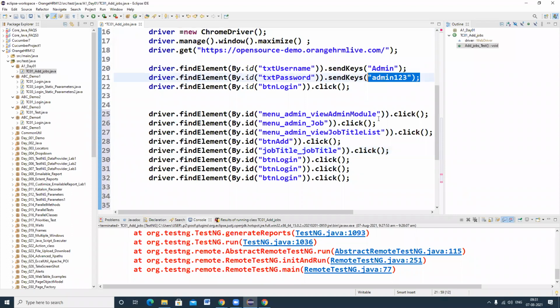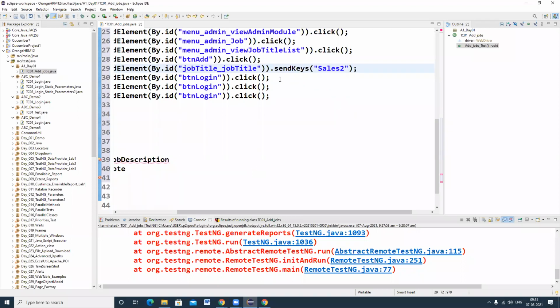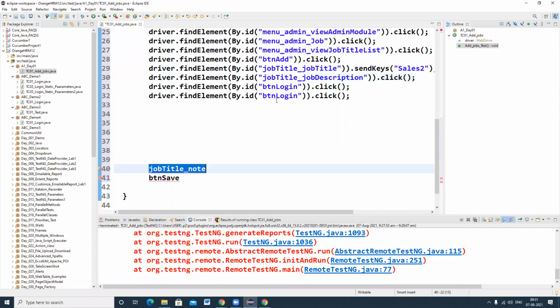So I'm taking send keys here and specifying send keys of sales 2 I'm creating. The next one is job description. This is also send keys only. And button save dot click. This is a click operation.